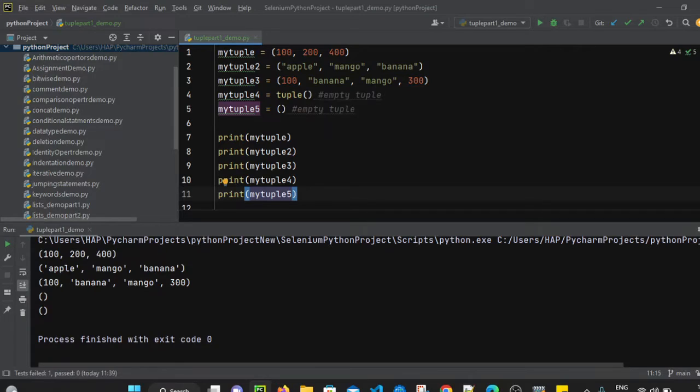When we run it, we can see the output here. The first one is my tuple, which contains only numeric values. The second one contains all the string values. The third one, my tuple 3, is a combination of number as well as string type data. And my tuple 4 and my tuple 5 are basically empty tuples, which hold no value. So this is how simply we can create a tuple